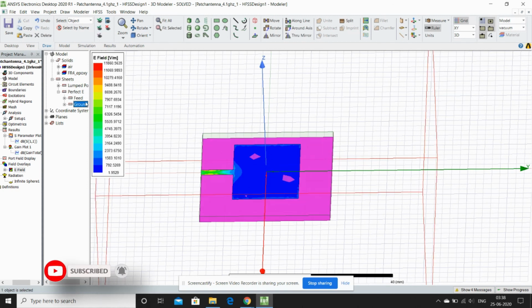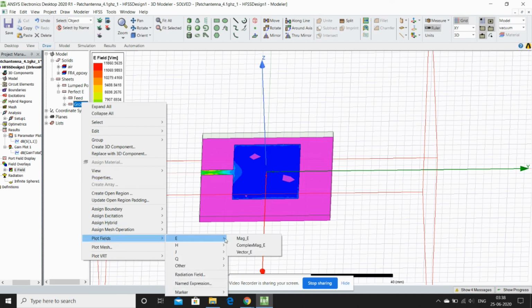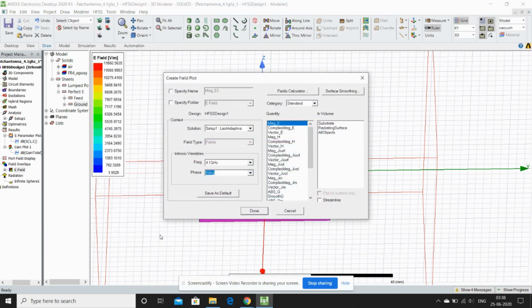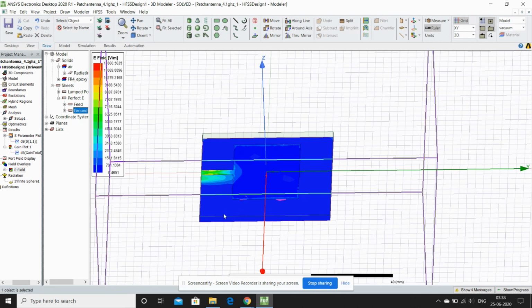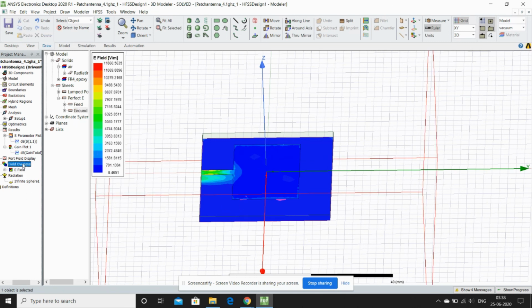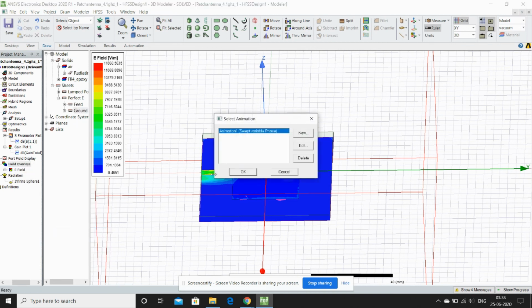So right click on the ground, plot fields, E, magnitude of E, then done. Then we can see the ground. So for animation, go to field overlays, right click, animate.